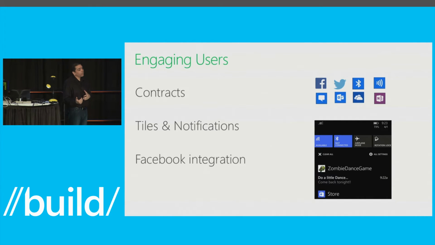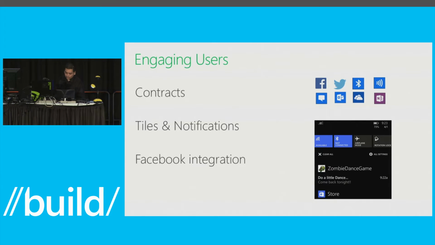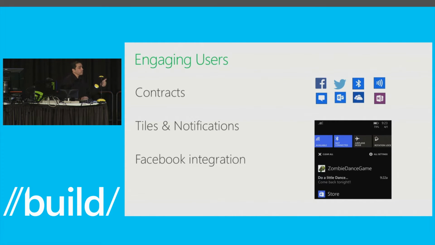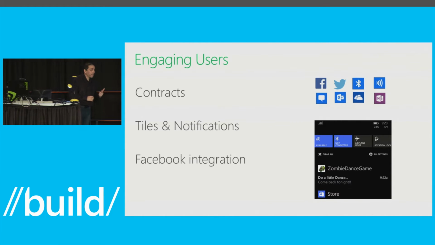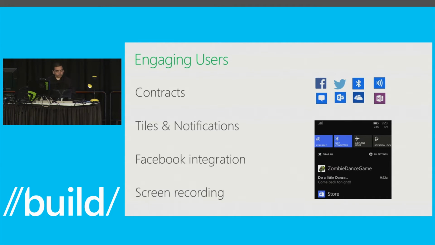Our SDK before was written in C#, right? People came to us and said, hey, I want it written in C++, so I don't have to do any kind of loading of the .NET framework in my DirectX game. We're fixing some of those. We're not done with those, so those are going to come end of month, but those will be available. We're going to have a Facebook SDK that's actually a WinRT component, and you'll be able to use it from HTML and JavaScript. You'll be able to use it from your DirectX game, and you'll be able to use it from your C# game still.